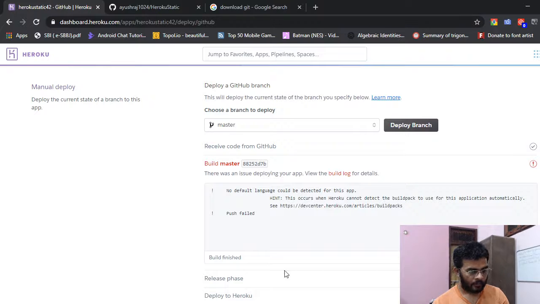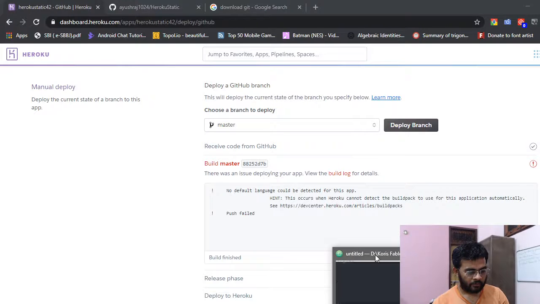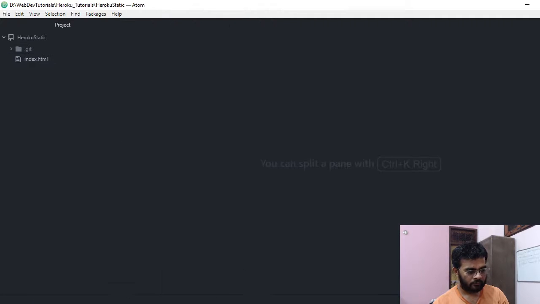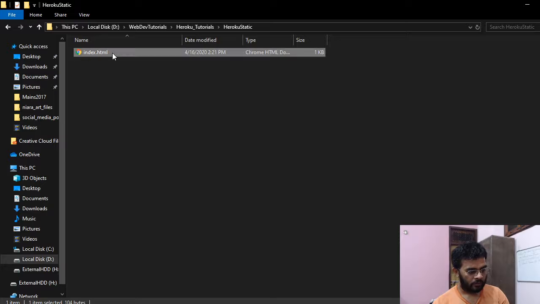Oh yeah, so you may have to change the file format of the HTML file to something which Heroku can understand. You can do it with .php or .jsp. I will use PHP, so I will close this file. I will go to my folder. I will change the format by pressing F2 and I will type PHP.